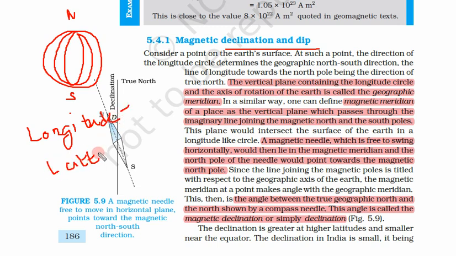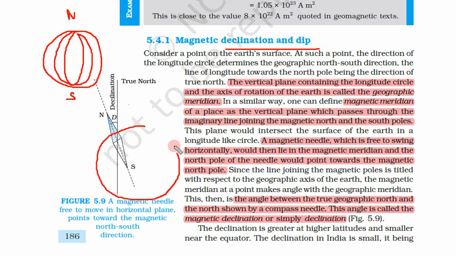Since this is a book and I cannot give you a 3D picture, it is difficult to understand, but if you search longitude and latitude, then you will understand better. So these are longitudinal lines. Suppose this is Earth and we draw a circle rounding the Earth. So these are called longitudinal circles, and if we draw a circle like this, this is called a latitude circle. Similarly, we can create an infinite number of circles.